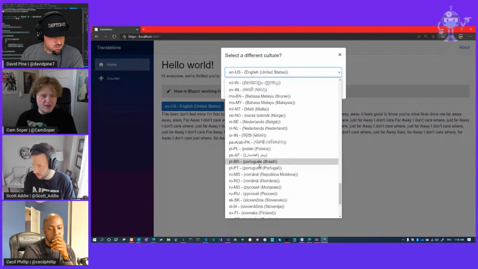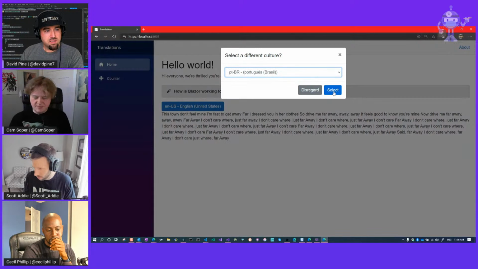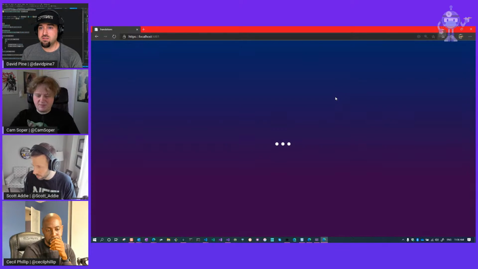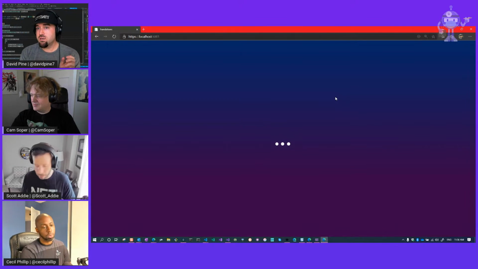This one? PTBR? Yep. All right, let's try it. Click. So then we hit select, and then the application actually has to fully reload because, again, it's client-side WASM, WebAssembly. So the entire .NET application is running in the context of the browser. So for the culture info to reload,